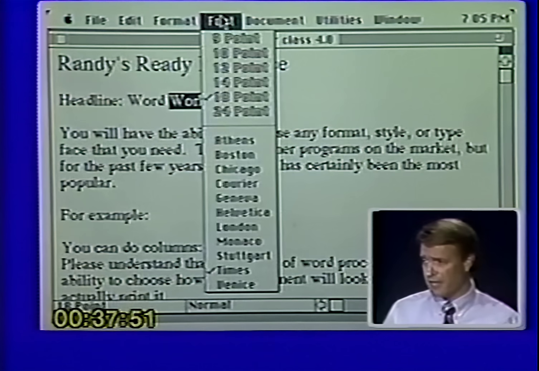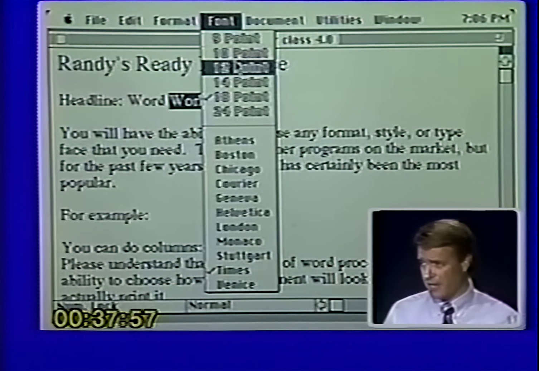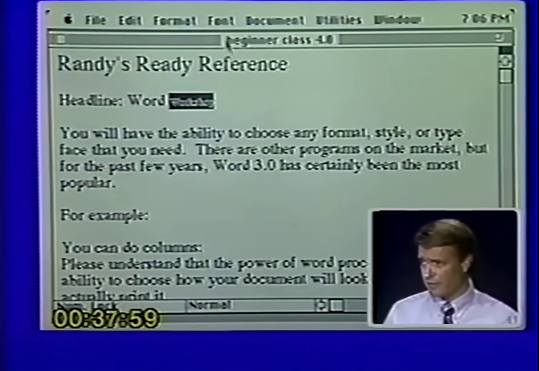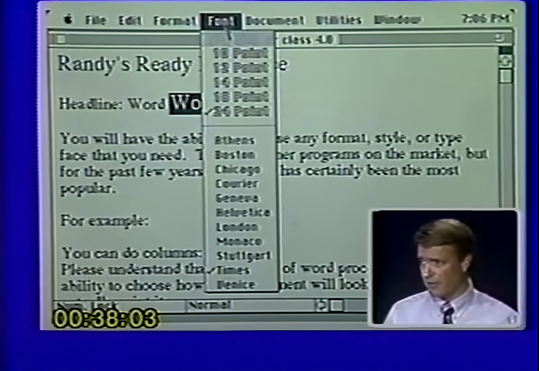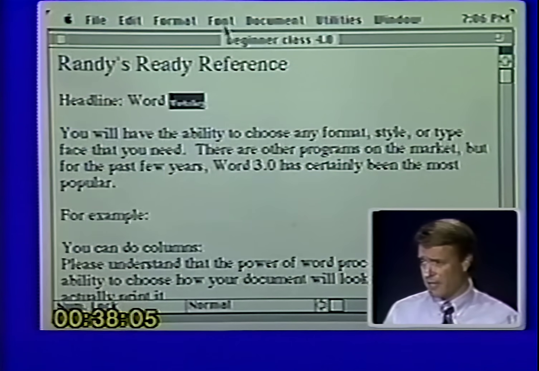The second way to do the size is to pull down your font menu. Font. Now under font you will notice all your sizes. If you want to make it 12 point, select 12 point. If you'd like to go up to 24 point, you can go up to 24 point, all the way down to 9 point. By the way, 9 point has a special use, and that's for real estate contracts. Okay, so we go back up to 12 point, all the way back up to 18 point.